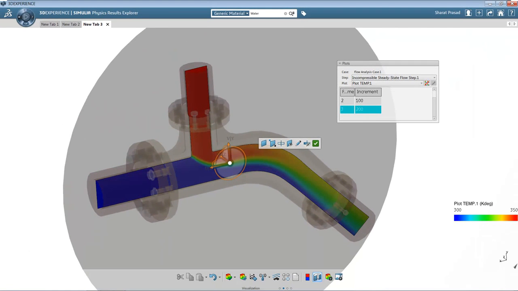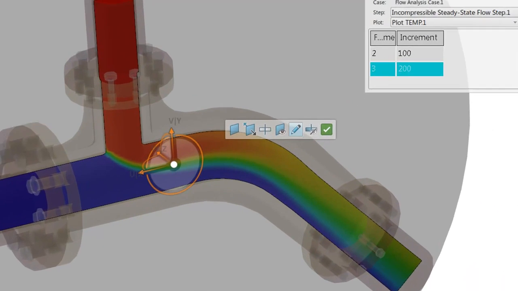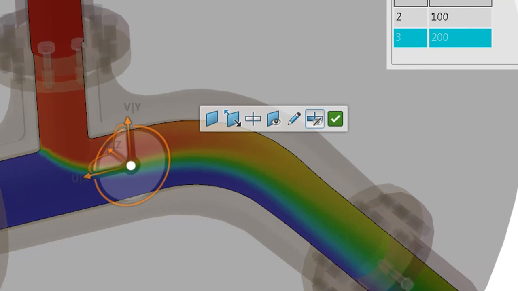You can see that the mid section of the pipe assembly is now viewable, and you can see the temperature plot in that mid section. Once I do that, I'm going to deactivate the view cut, and